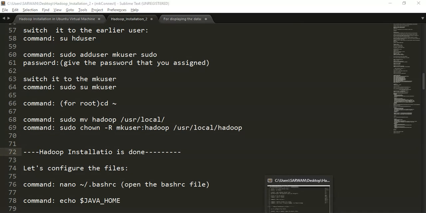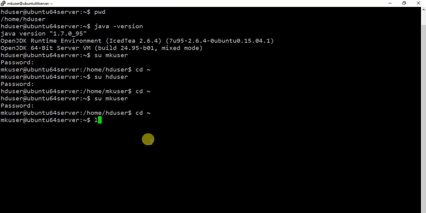In order to have the confirmation, you can check it by typing ls, and here